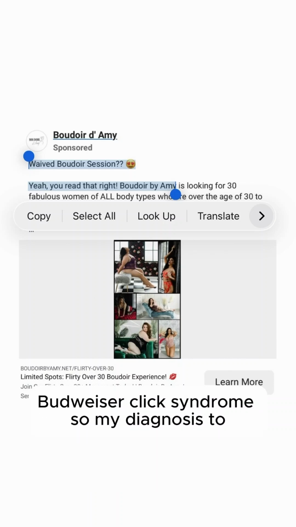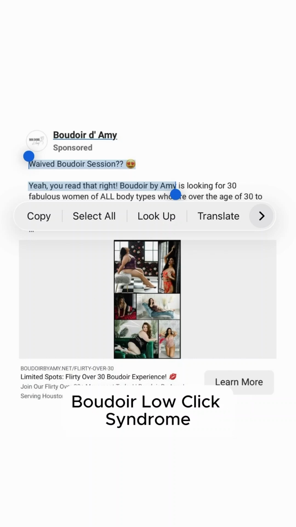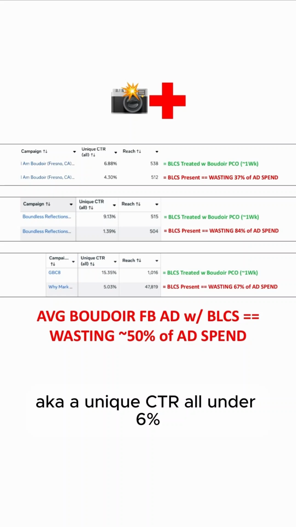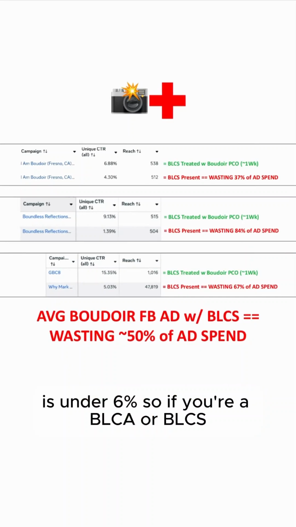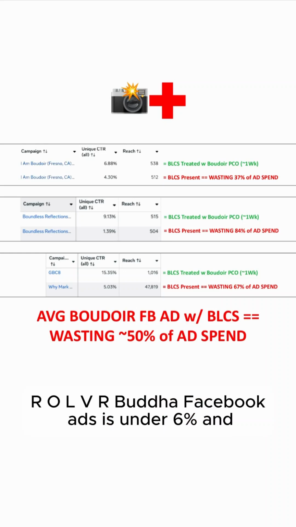So my diagnosis: do I believe this Boudoir Facebook ad has BLCS, Boudoir low click syndrome, aka a unique CTR all under 6%? Yes, I do. I believe BLCS is present in this one. So if you're a BLCA with BLCS, a Boudoir low click advertiser with Boudoir low click syndrome, the unique CTR on all of your Boudoir Facebook ads is under 6%,